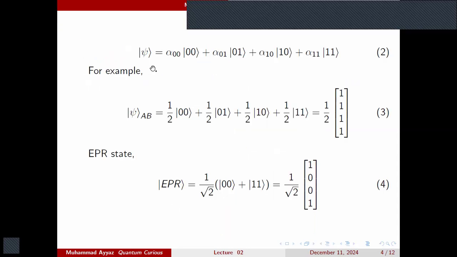So any qubit vector or 2-qubit state can be written as a linear combination of these basis vectors, and this could vary with the help of these complex amplitudes. So, for example, I have a state that has an equal amount of these basis vectors, and each complex amplitude has a value of 1/2. The sum of the squares of the complex amplitudes would be 1 for this vector,